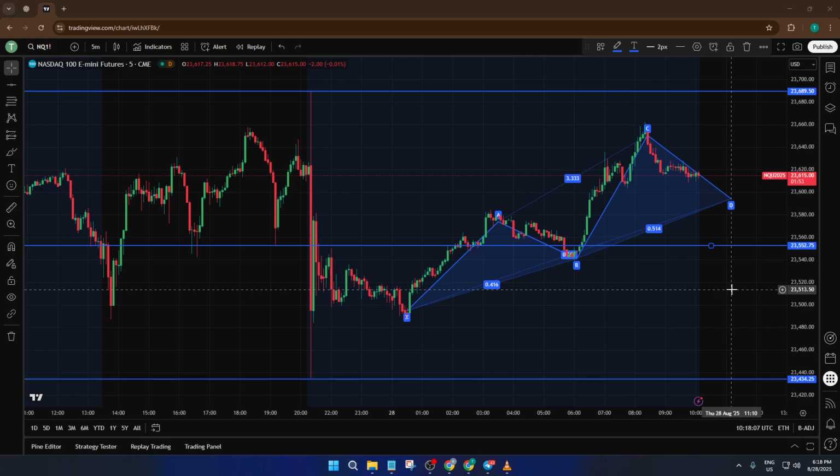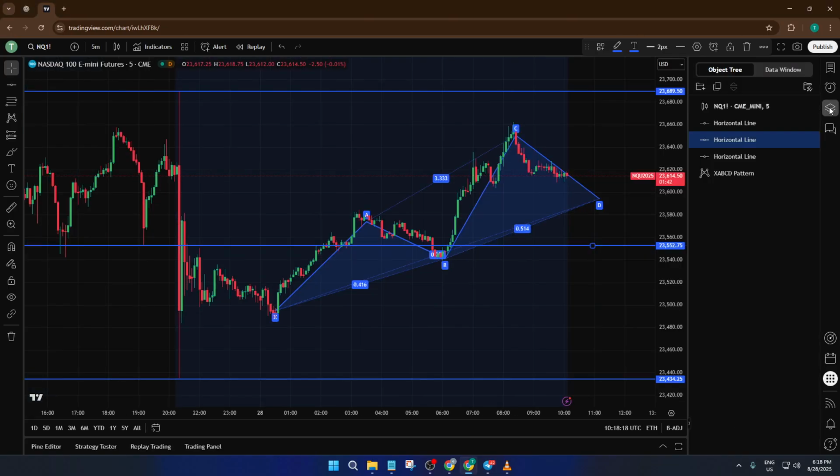Alright, assuming you've already made your drawings on your first futures contract chart, maybe it's some support and resistance lines, trend channels, or even custom notes, the next thing you need to do is open up your object tree panel. If you're not familiar, the object tree is like your toolbox for chart elements. It organizes everything you've drawn and marked up, so nothing gets lost in the layers. To find it, just look for that icon on the far right edge of your TradingView window. Clicking on it will pop open a list of everything you've added to the chart, which is super handy for